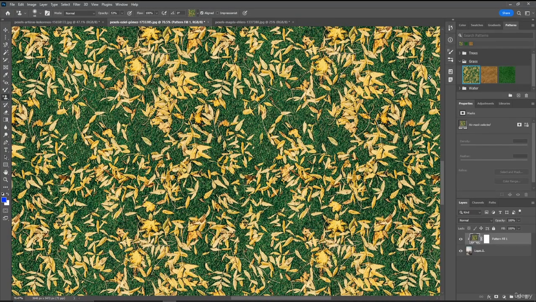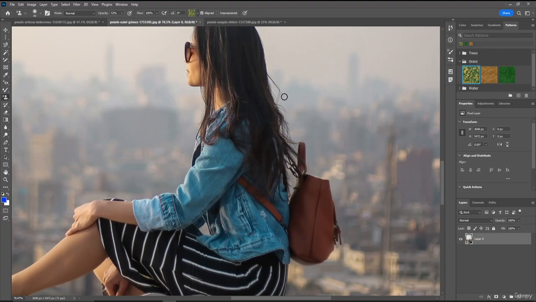Let me undo what I just did. Now I'm going to select the pattern stamp tool, and I'm going to select the pattern over here. Now that I've selected the pattern over here,